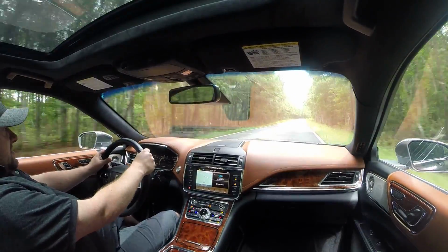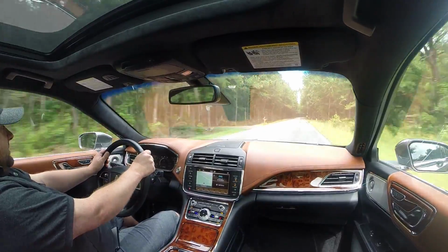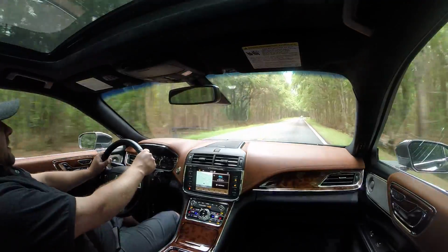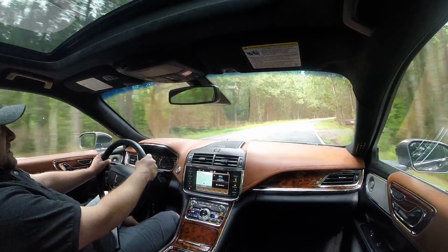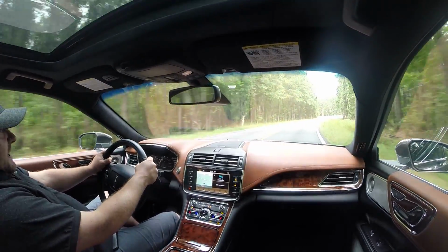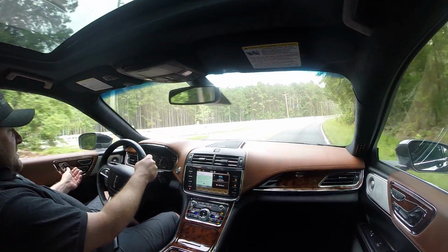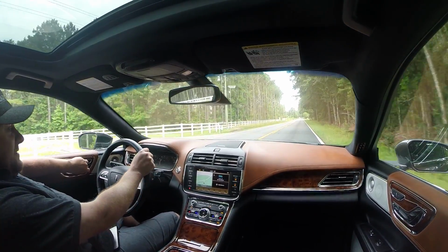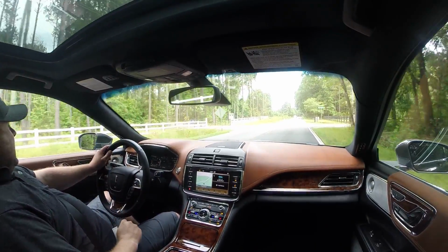So the new Navigator is going to share some of this new tech from the Continental here, mostly including the cabin, like the seats. These seats are fantastic. They're all new. They're called Perfect Position. The Lincoln Continental comes standard with 10-way power seats from its base price of about $45,000. But as you add on some options, our Black Label car comes with 24-way power seats that are ridiculously, awesomely adjustable and really, really comfortable, with a hard spine as a hardback seat, and then soft sort of wings